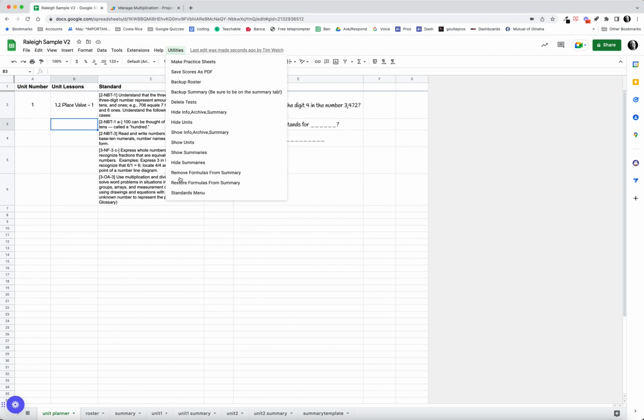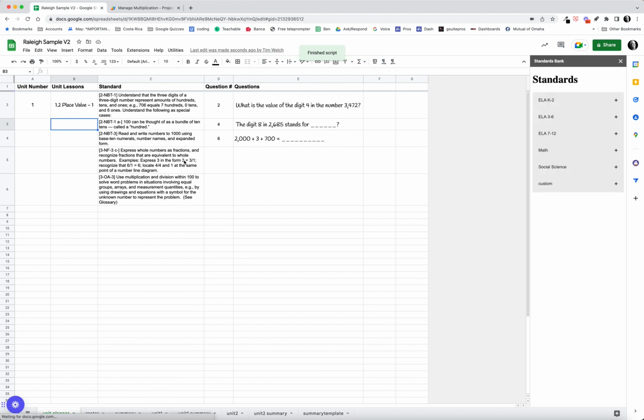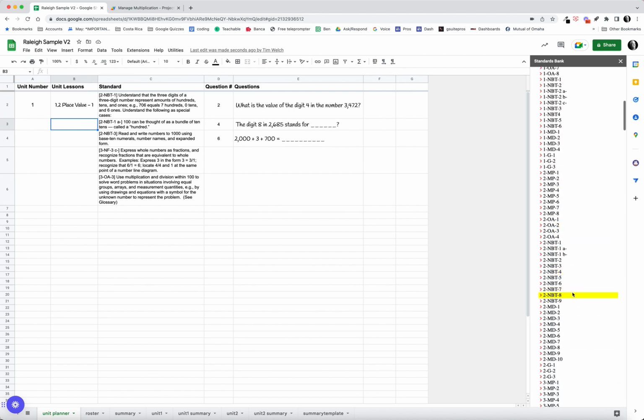I have added a standards menu sidebar, and what this does is let you create your units here on your unit planner, decide what unit you're working on, build your unit lessons, and which standards, the questions, and type your questions. The way the standard sidebar works is you open up math, and in this case, we're a third grade